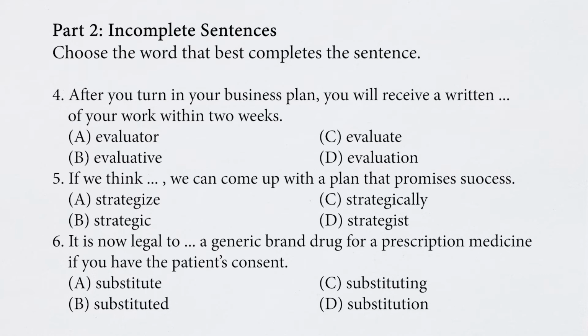5. If we think we can come up with a plan that promises success. A. Strategize. B. Strategic. C. Strategically. D. Strategist. 6. It is now legal to ___ a generic brand drug for a prescription medicine if you have